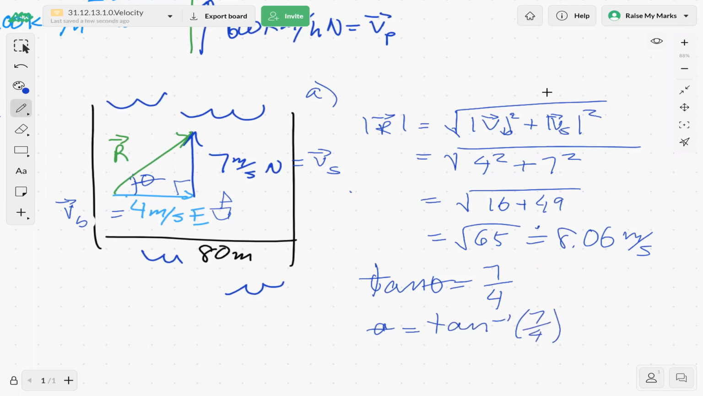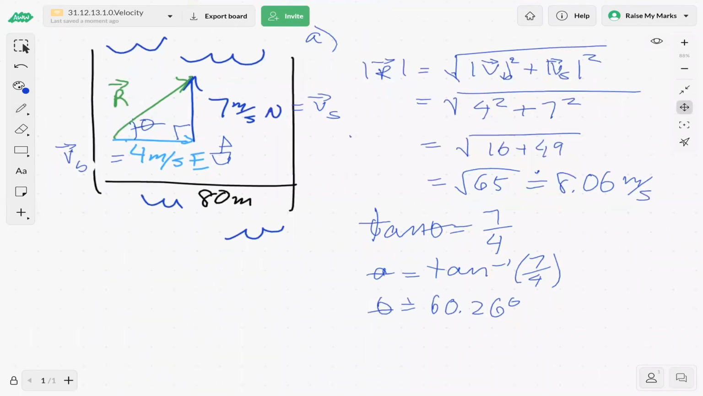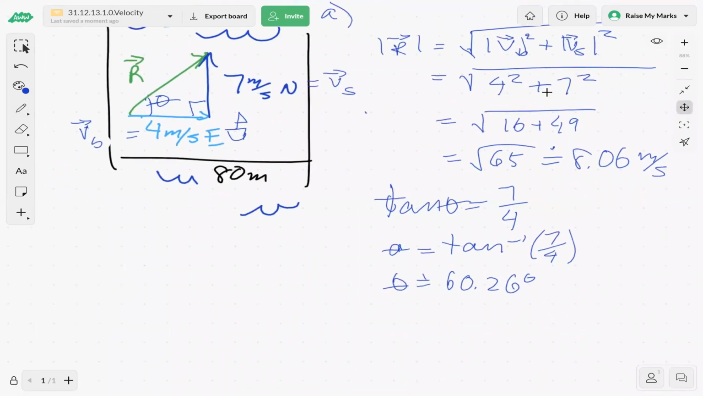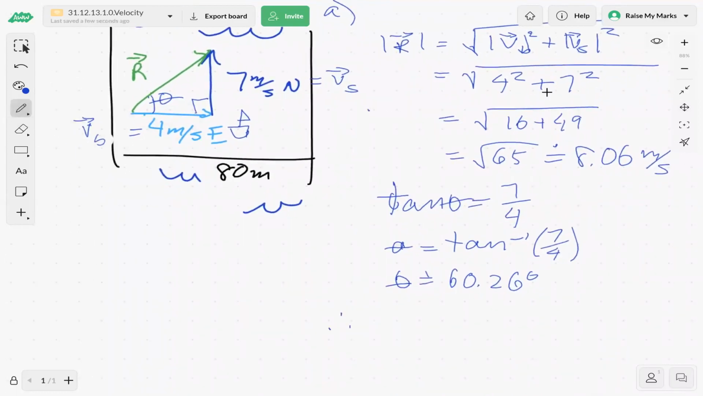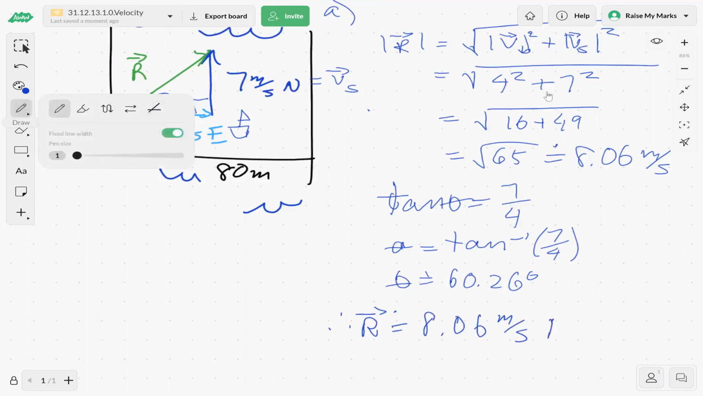All right, so then theta is approximately 60.26 degrees. So our resultant vector is, let's write this down, therefore R is approximately 8.06 meters per second. And let's see, how do we, actually, how should we write this? It's usually conventional to write it as